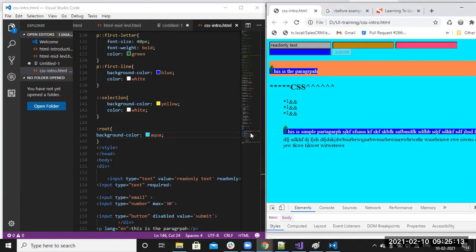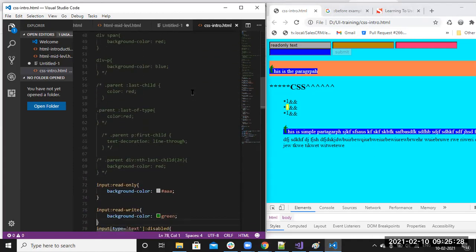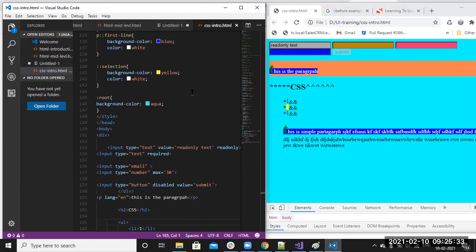Why? Because what is the root for this document? The first tag, HTML, right? So for that HTML, now the background color is applied. So that is colon root. Up to this, all the selector class is over.